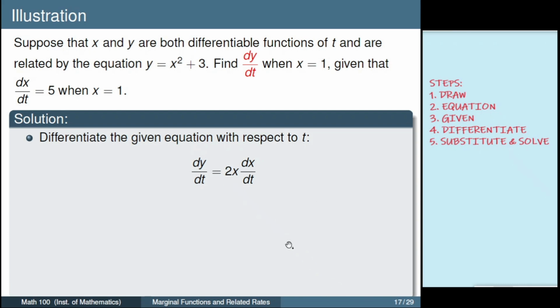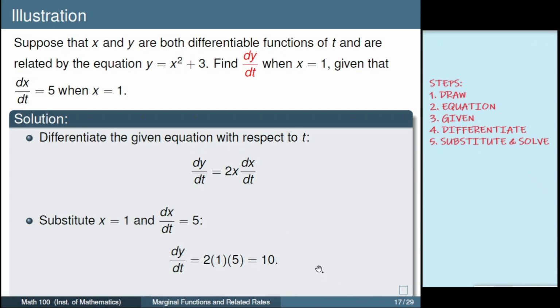Next is we substitute yung mga given kanina, x equals 1 and dx over dt equals 5. So, question, kailangan pa ba nating mag-solve ng iba pa? Okay. Tingin tayo sa equation, no? Ang kailangan natin ay dy over dt. So, kailangan natin ng x at dx over dt. So, okay na dahil meron na tayong given sa dalawang ito. Substitute lang natin, dy over dt equals 2 times our x is 1, our dx over dt is 5, which